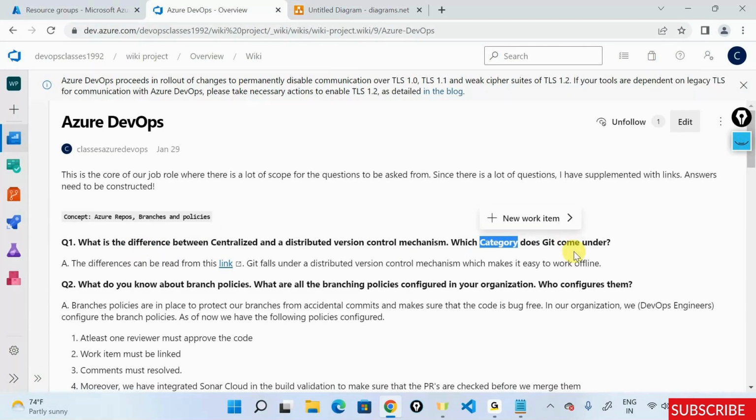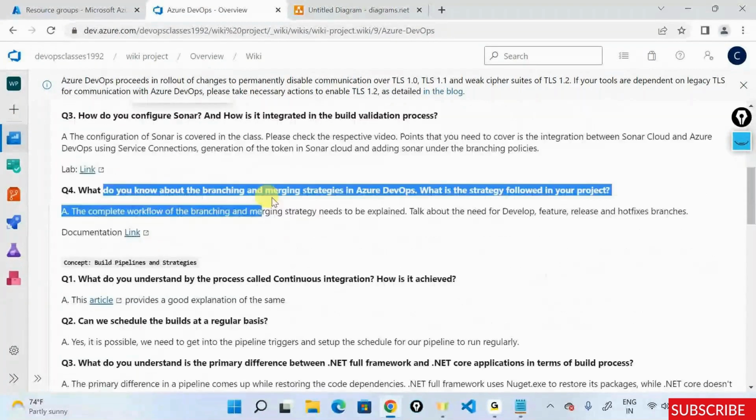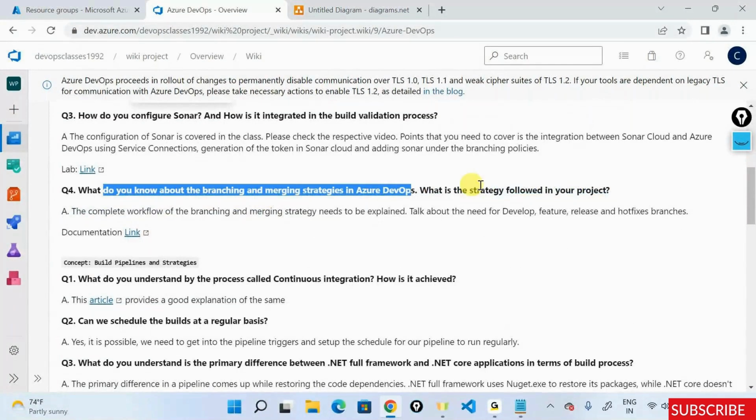Then, what do you know about branch policies? How do you configure Sonar? How do you, let's say, go and integrate it? What do you know about the branching and merging strategies? What is the strategy adopted in your project? What kind of a strategy do you use? Again,